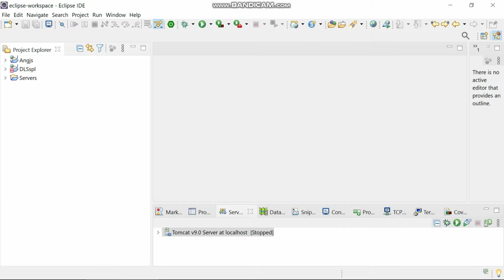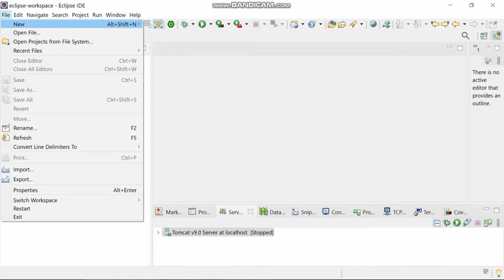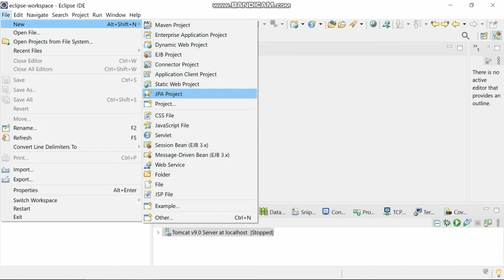So now we are going to create the AngularJS application. Alright, so how do you create? First click on file, then go to new, and then you can see dynamic web project.